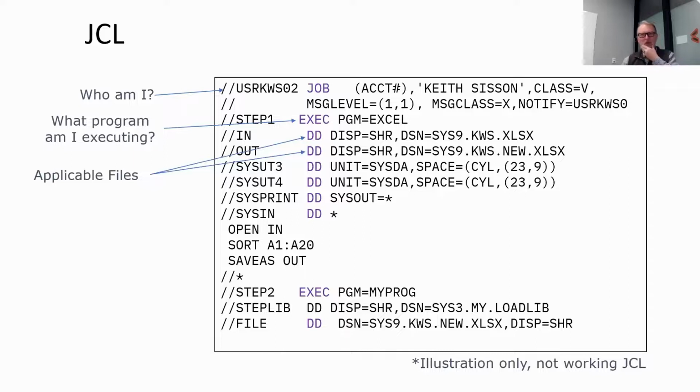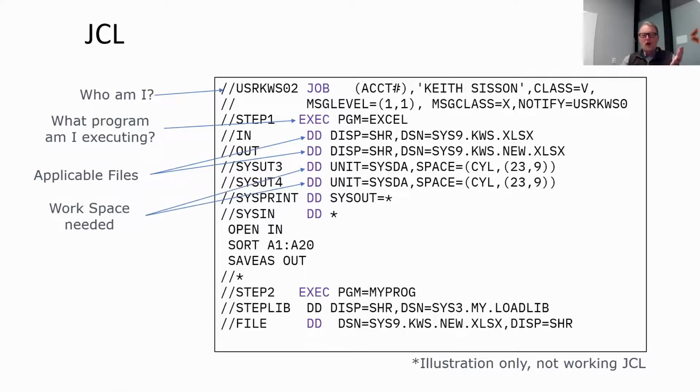I'm going to tell you a funny story. I don't want to confuse you. It's always DD, right? But when I was first learning how to be a systems programmer, I was taught by my mentor. His name was Dave Deutsch. And Dave told me that DD, this card, was your initials. So my first set of JCL that I coded, I coded all these DDs as KSs. So he loved confusing me, but in the end, he was an excellent mentor. But anyway, they are DD statements. All right, data definition cards.